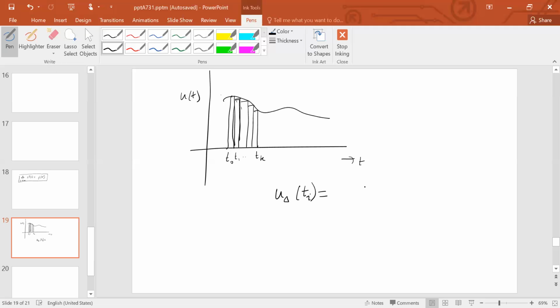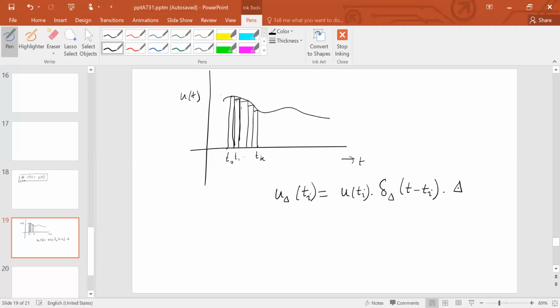It is nothing but u of ti, that is the value of u at ti, we hold it constant, times that erstwhile function that we defined, you remember? T minus ti